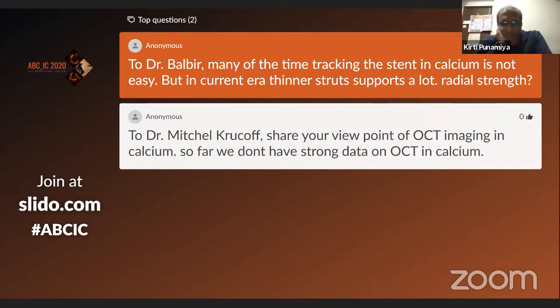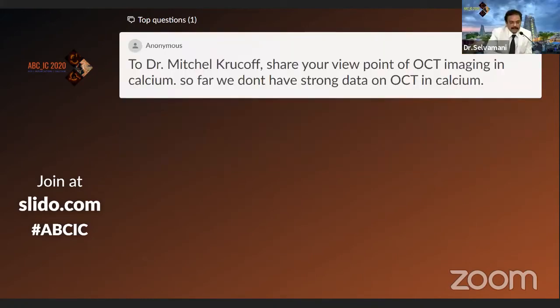Kirti sir, do you have any suggestions, like in which type of stents we have a high incidence of LSD? Is there any specific reason, or what is your experience in this stent deformation, longitudinal stent deformation? So I think as far as I'm concerned, there are two types of stent deformation. One, which is the most frequent, is at the proximal end of the stent.